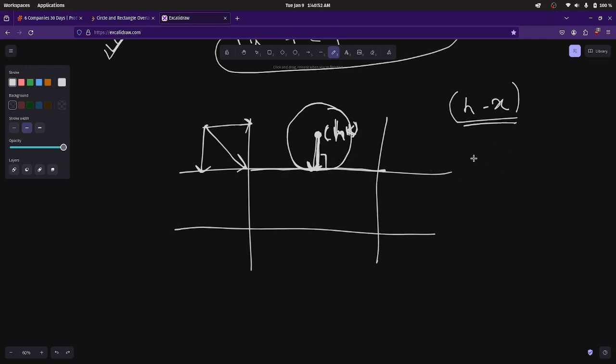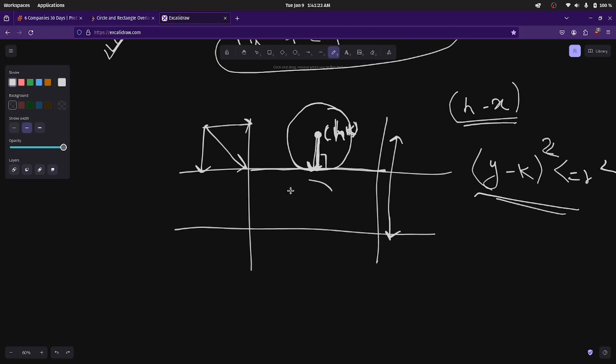ओके, तो डिस्टेंस क्या है, वो y एक्सिस से कितना ऊपर है, दैट इज y माइनस k, शुड बी लेस देन इक्वल टू r स्क्वायर। So this condition, and another condition would be here. इधर तो मुझे कुछ चेक ही नहीं करने की ज़रूरत है, ये तो ऑलरेडी इस रेक्टेंगल के अंदर है। तो अगर मुझे पता है कि इन पॉइंट्स से छोटा है ये, तो ये ऑब्वियसली इसके अंदर ही होगा। तो ये कंडीशन भी हो गई।